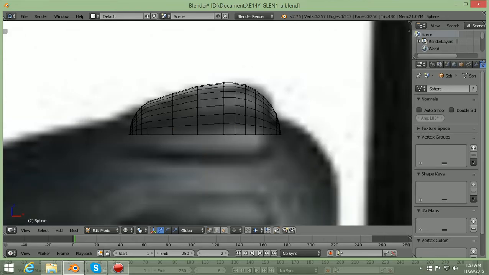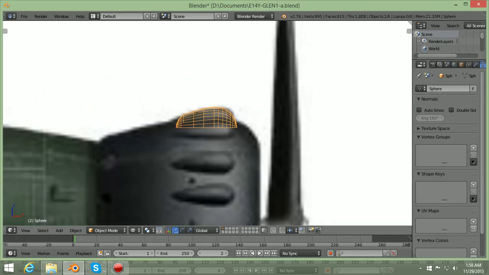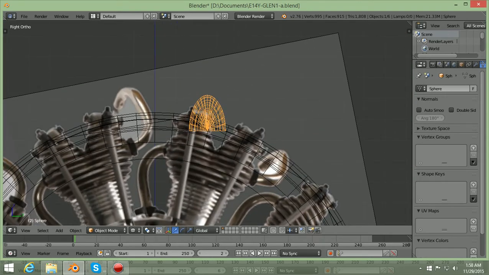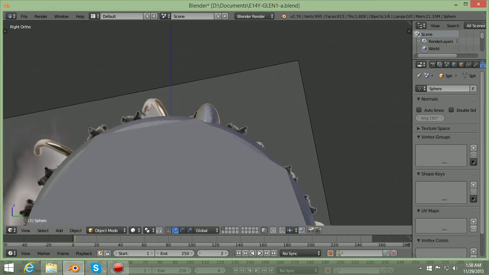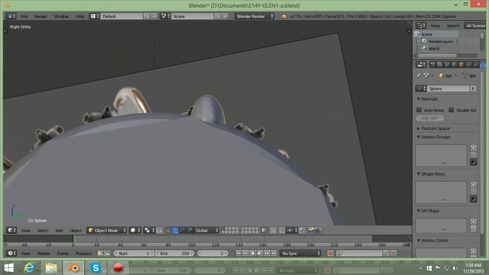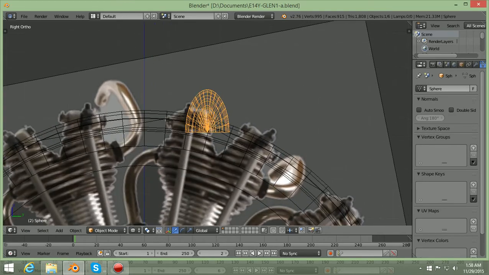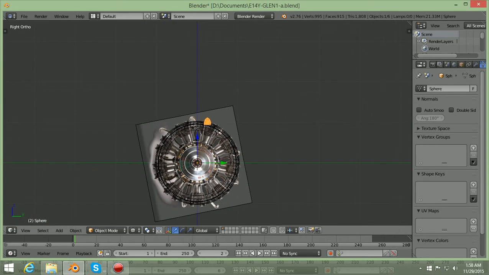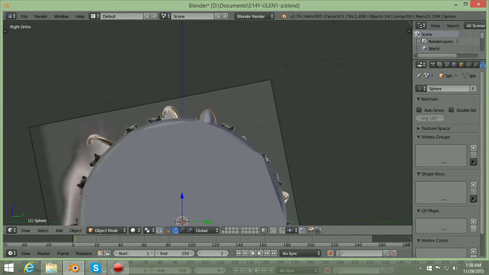Okay, now what we want to do with this thing now is we're going to box and select it, and we're going to go back to edit mode, object mode. We're going to go 3. Okay, now if you notice, this is where we're going to have some fun. And I think what I'm going to do, push Z, I'm in object mode and I have that selected as